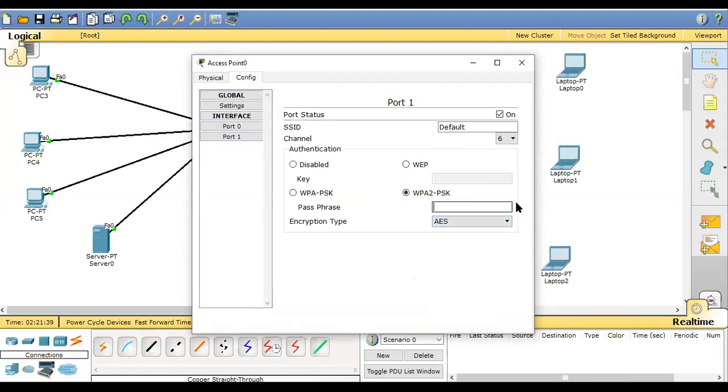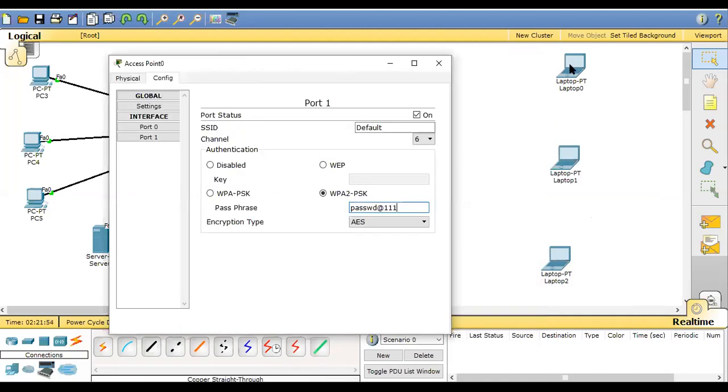Let me give the password as passwd@111. All right, passwd@111 is my password. As soon as I enter the password, all the laptops are disconnected from the access point.